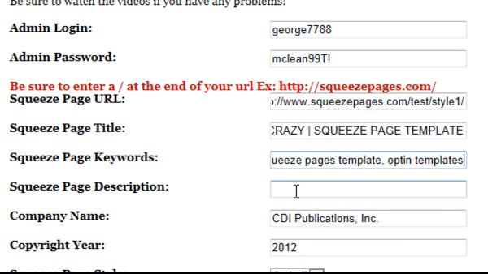Then underneath your squeeze page description, what you're going to want to do there is do the same thing. Now you can put capital letters in your squeeze page description if you want. It'll really pop. Or you can just do standard letters. But I would definitely capitalize the first letter of each word that you put in here when you do this. So squeeze page description, you want to have a good strong call to action and make sure you use your keywords in there. So we've got, say, uncover